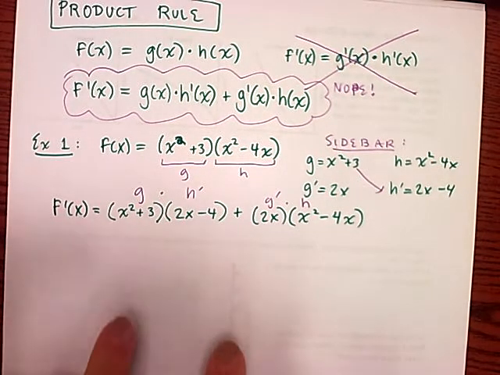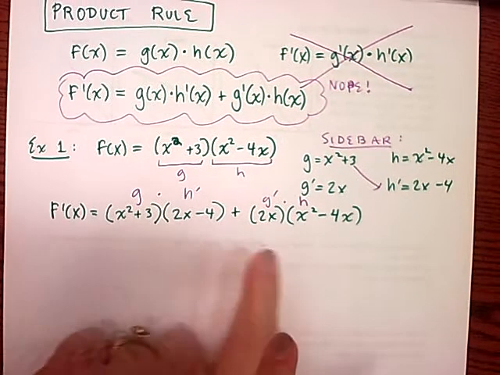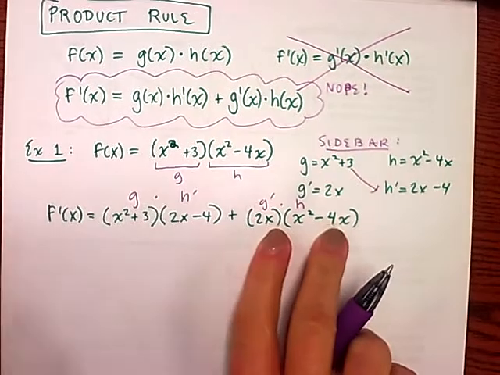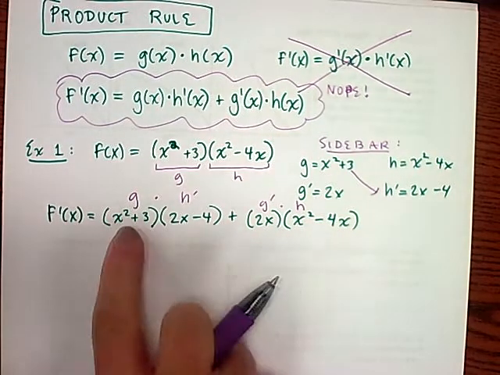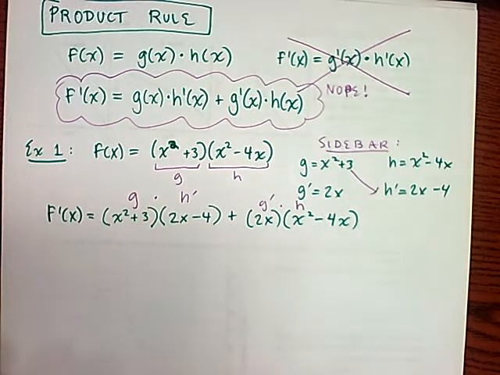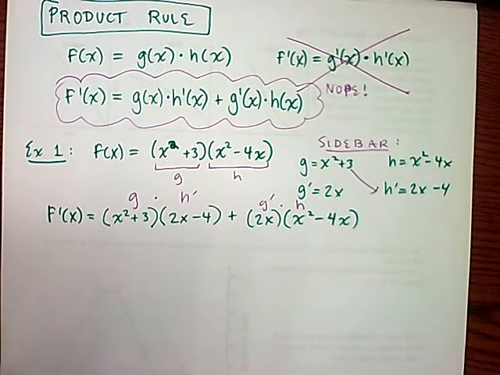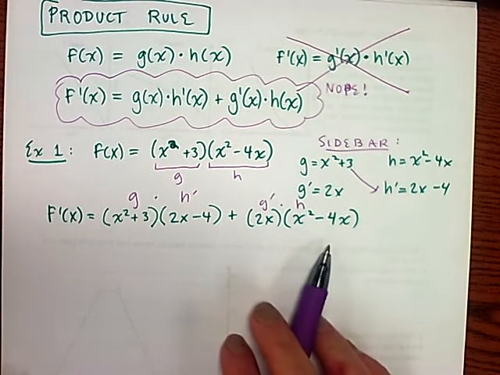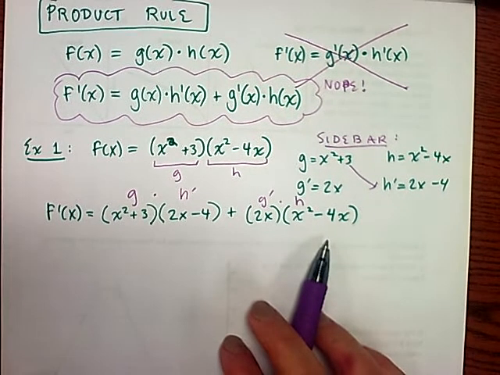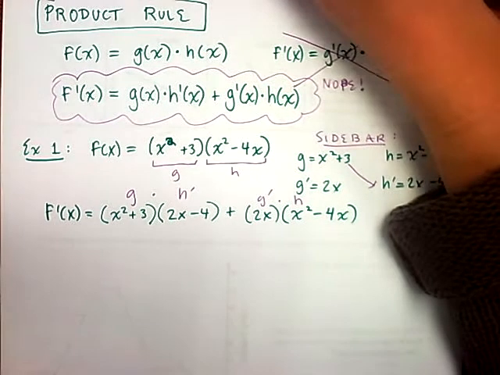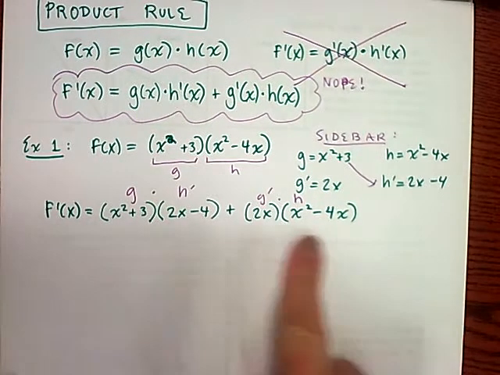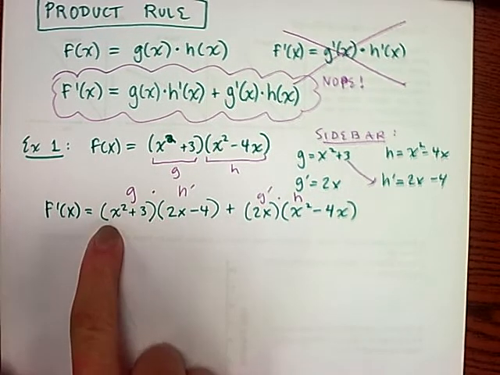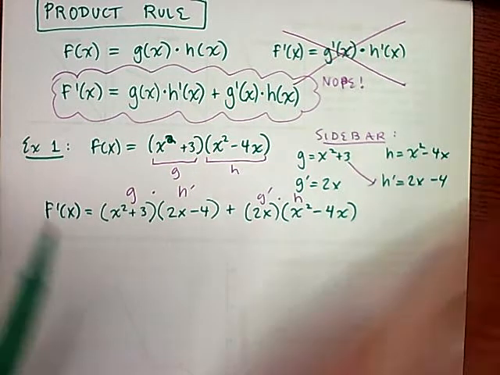Notice there's not a specific order I necessarily need to do these two products in. I could have done this one first and then this one. I also could have switched the ordering within each, so I could have written this first and then that, or vice versa. Depending on how tedious the simplification is, sometimes we'll want to simplify this further, and sometimes we'll just say, let's leave it the way it is, because I don't feel like dealing with some nasty simplification. For this one, it's not so bad, so I could actually FOIL this out and get x squared